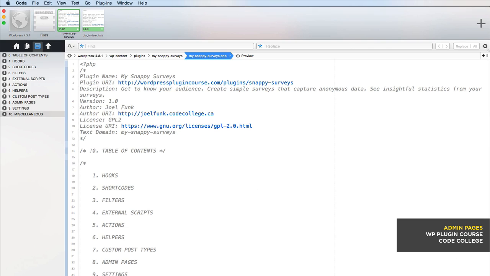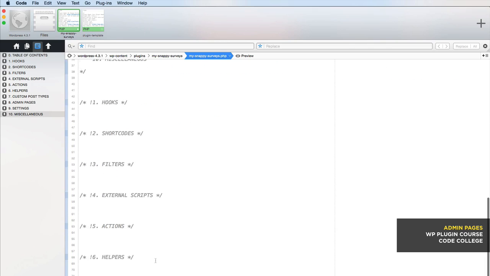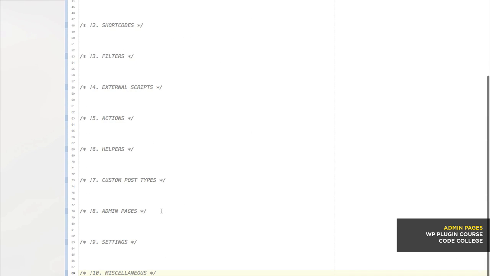All right, so what we want to do is create some custom admin pages. To do that, we're going to navigate to the admin pages section, which is section 8 here. So I find section 8, I'm going to hit return a couple times, and I'm going to create a new function. So to keep everything organized, I'm going to name this function just in the comments here, function 8.1,